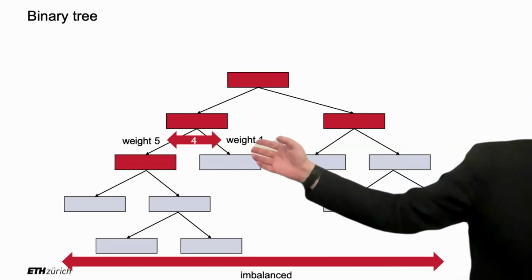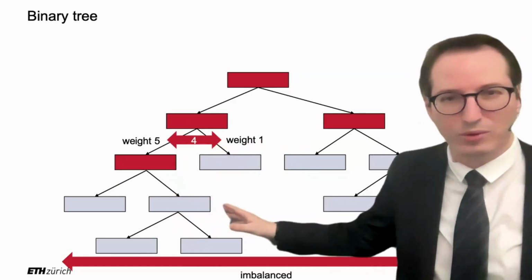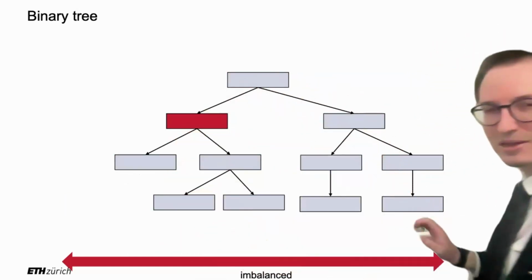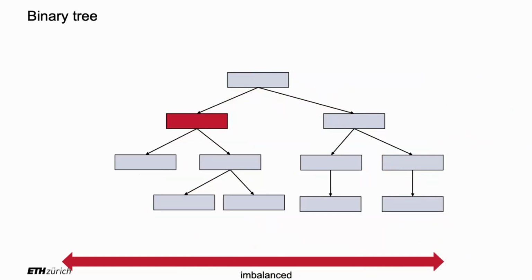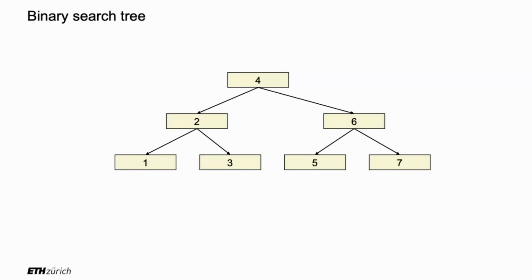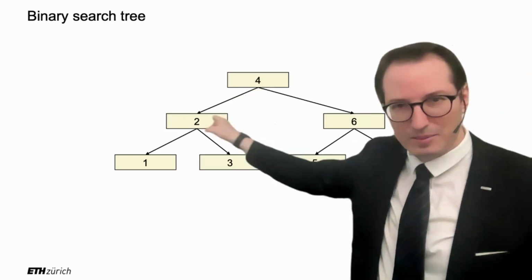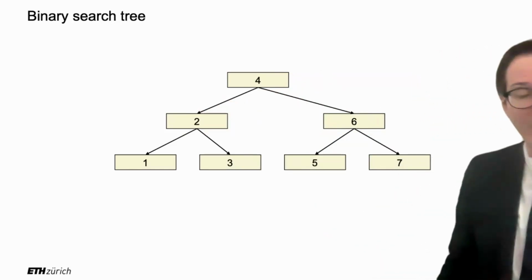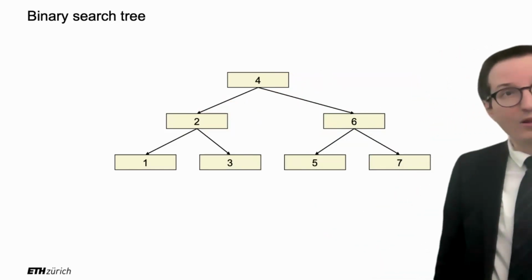Who understands that? Yeah. So this we don't like, and we really try to keep the trees balanced more or less, so that they're really nicely distributed like this. Right? So we rebalance. All right. What's more is that on these nodes, we have numbers or values that we put in there. And I added them inside the rectangles, right? So every one of these nodes is associated with a value. But the values are not